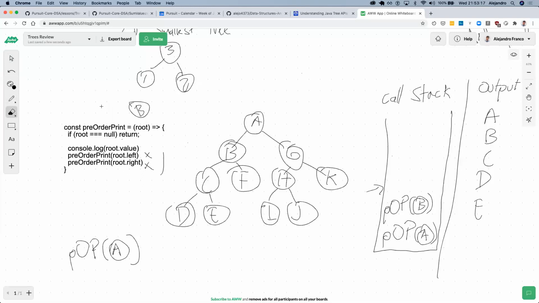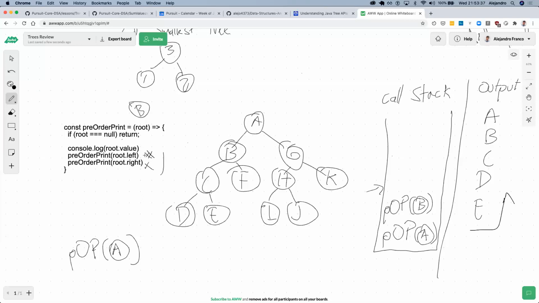But now, once it goes back to B, we saw that we have already printed everything on the left here, right? So the left finishes there for when we call it on B, and now it's going to go on to the right.